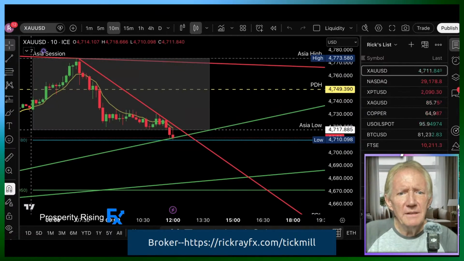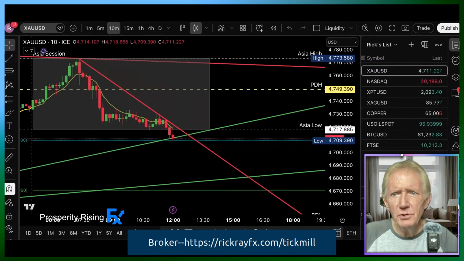And it looks like we're going to break my trend line here. I've got another 2 minutes on that candle. This is the first candle at the top of the hour, and it did pull back. It did retrace, but now it looks like it might be headed back down. And we have support here at this 4709. That's the pivot point for the day, according to the indicator that I use on TradingView. That's the Pivots Traditional Auto. You can see there. And if this should close below the trend line, if it breaks and closes below that trend line, I'm going to go short.